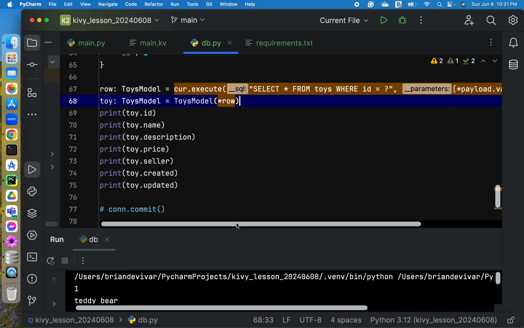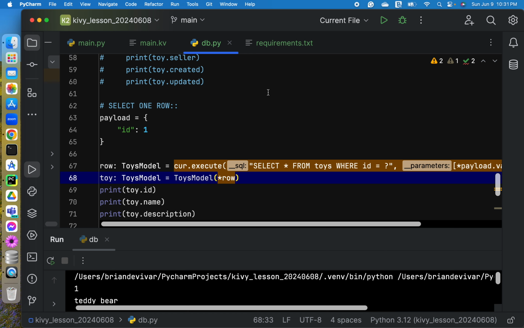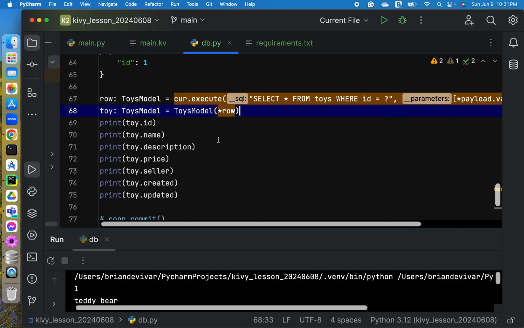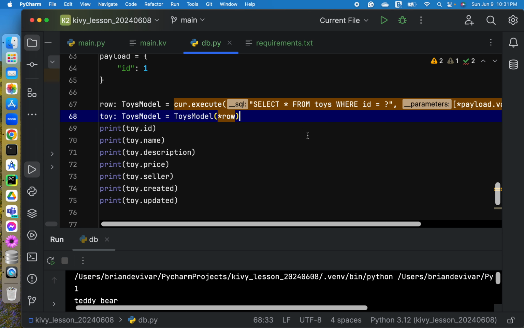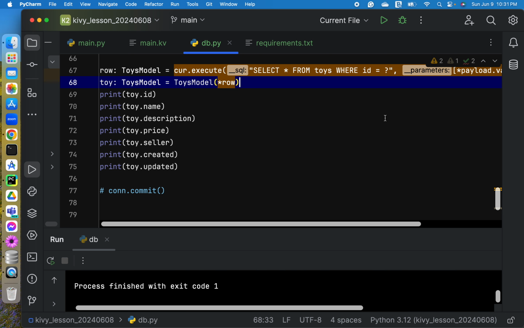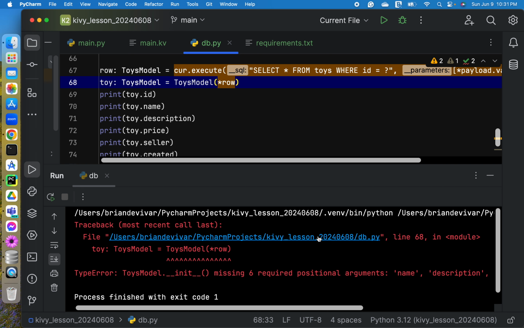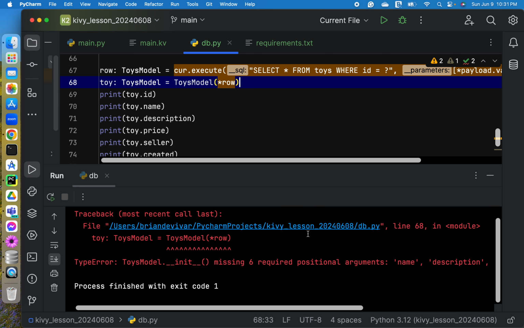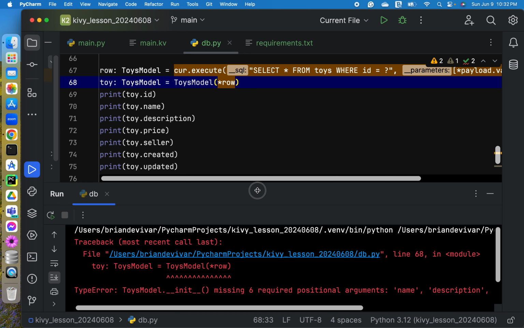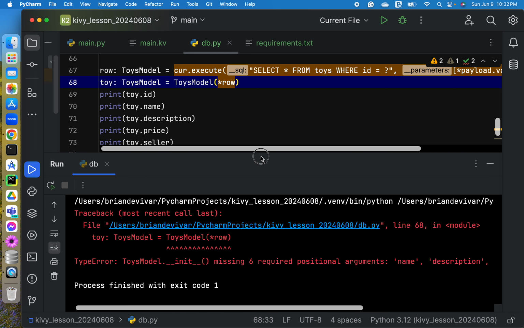Okay, let's check our query. So I think it looks good. And let's test. Okay, let's see. Oops, we have here an error.